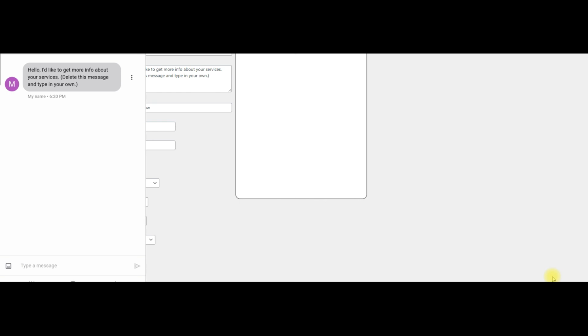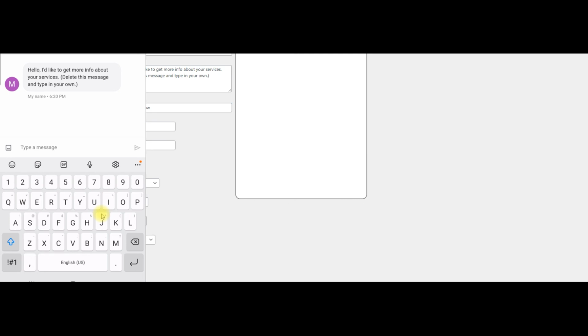So remember how I told you that I wouldn't be able to show you what the message that I received would look like? Well, that's not quite so. I logged into Google Voice, and here you can see that this is the exact message that I had sent from my phone to my Google Voice. So you've seen both sides now. You've seen the sending, and you've seen what it looks like when it's received. So just wanted to pop that in there so that you could get a more holistic view of how everything works. And then of course, I could always type a message back to the person.